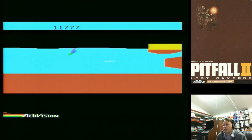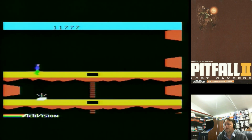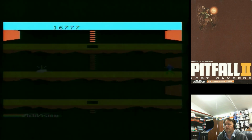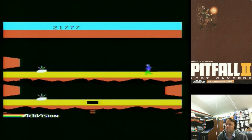Notice we still haven't actually encountered another X yet, so if we die we go all the way back to the start. And there's another bar down there. And thank goodness we found another spot, so if we die we go back to there. Choice of where to go. There's another bar down there and a bar here. So there is obviously an optimal path,